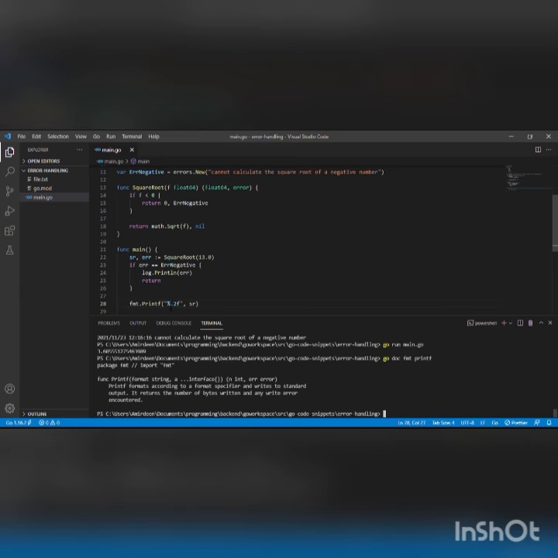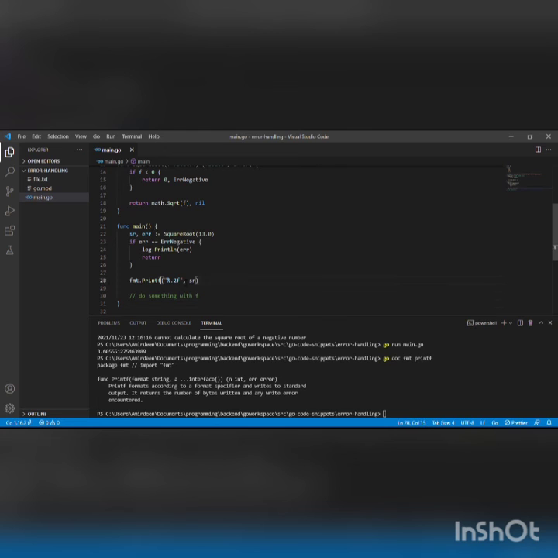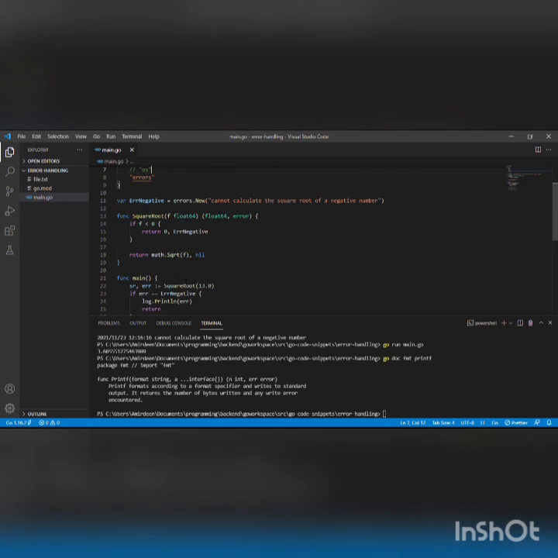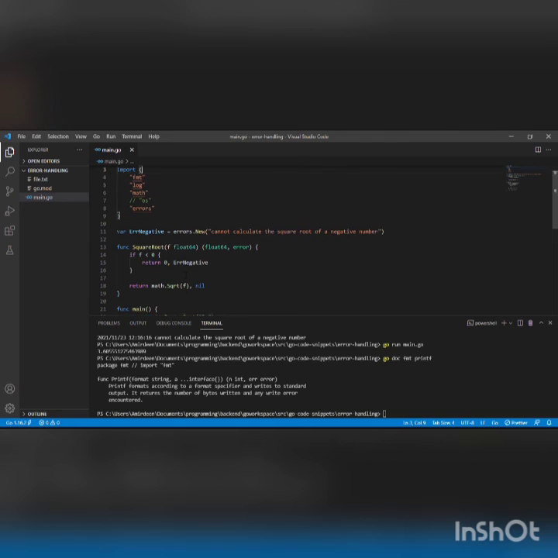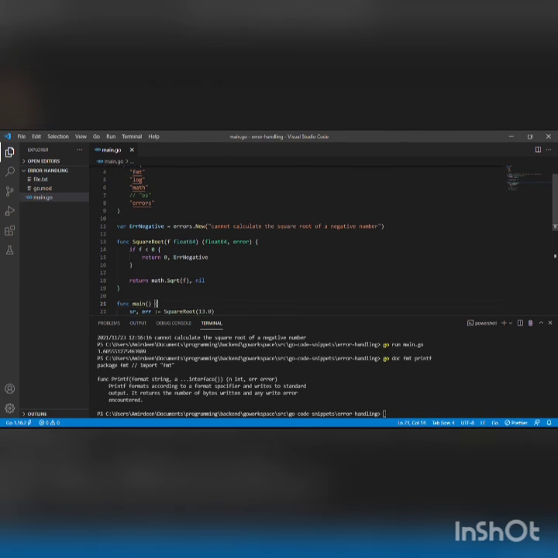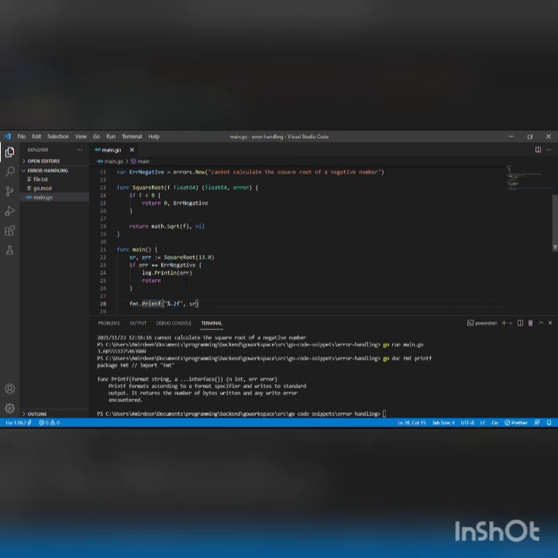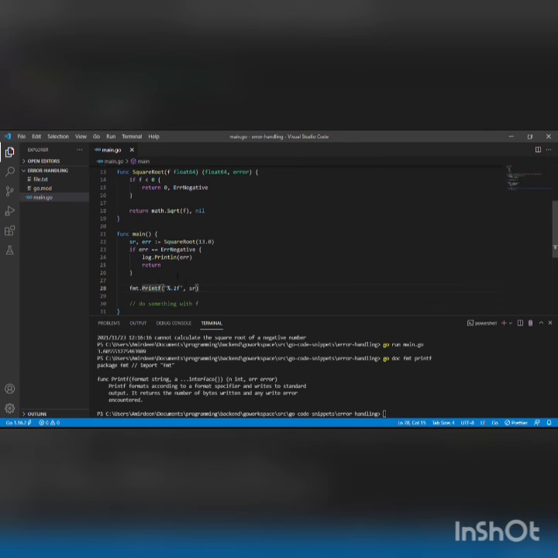So the next thing now is, there's also one more thing that I would like to mention before I end this video, and that is you can actually print out errors as string values. And to simply do that, you just need to add the Error method. So if you call the Error method on any value of type error, it will print out the message in the error as a string. So if I do this, basically, okay, let me change this back to a negative number. Let's say minus 6.0,